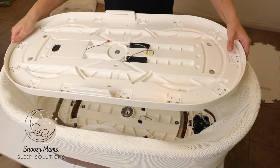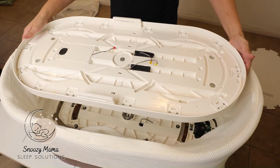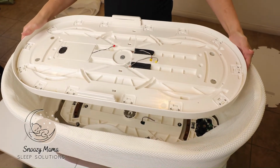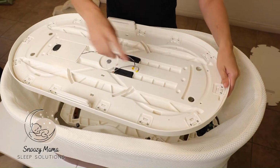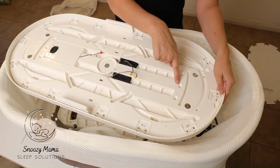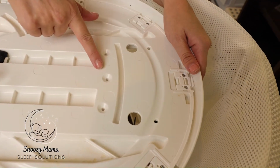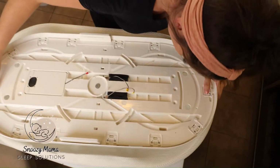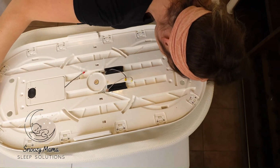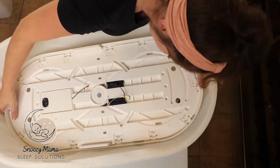This next step, we are now going to place the base back on top. But remember, like I said, it has to be lined up correctly. So we put our skewers down, and those skewers are going to go into this middle hole here. So very carefully, I like to look through the middle hole, find the skewer, and slowly drop it down onto the